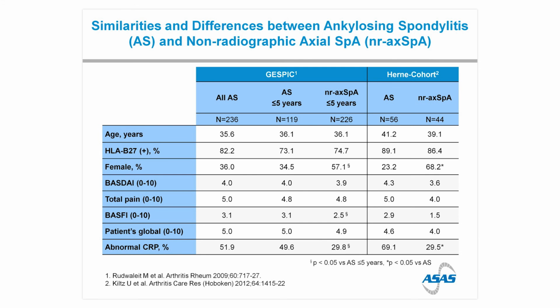And if we look, these are 2 groups of patients with ankylosing spondylitis and non-radiographic axial spondyloarthritis from Germany. One is the German early spondyloarthritis inception cohort, and the other is a cohort from Herne. It's not a large number of patients, but they compared those who had non-radiographic axial spondyloarthritis with those who had ankylosing spondylitis. And lo and behold, they did find some interesting differences: there was a higher proportion of women in the group with non-radiographic axial spondyloarthritis, and, not surprisingly because the spine isn't positive on standard X-rays yet, less functional impairment by this instrument that we use to assess that, as well as a lower frequency of an elevated C-reactive protein, which is a blood test your doctor should be using to assess disease activity in ankylosing spondylitis and axial